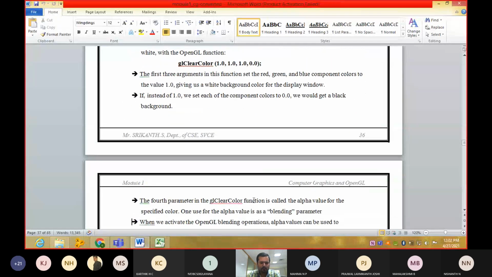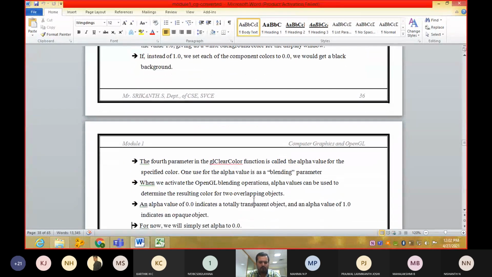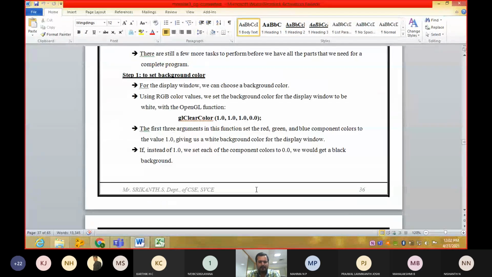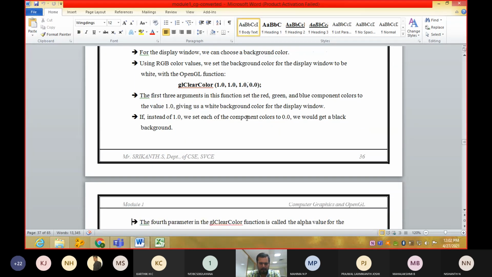And if you set the same one to 1.0, you will get the screen in black color. If you set all the values to 1.0, 1.0, 1.0, and once again 1.0, you are going to get it in black color. Otherwise, if you give 1.0, 1.0, 1.0, and 0.0, you are going to get it in white color. That is one thing.